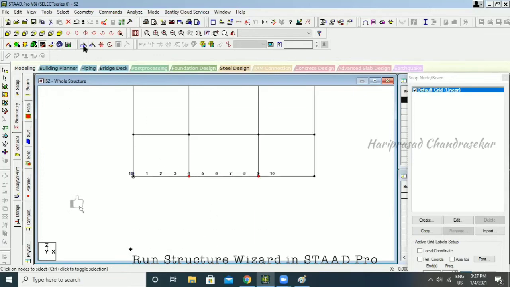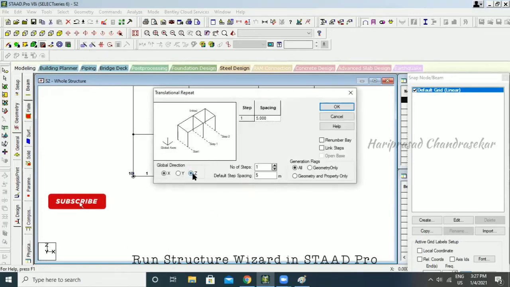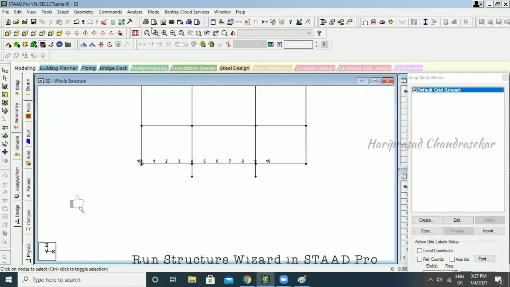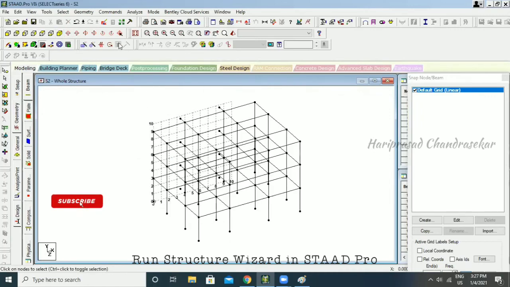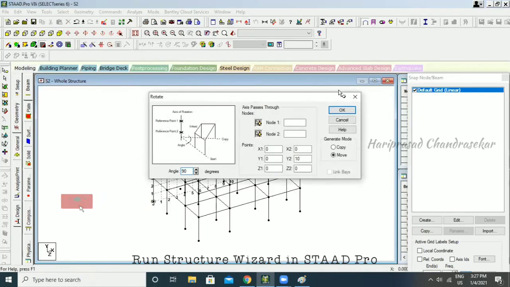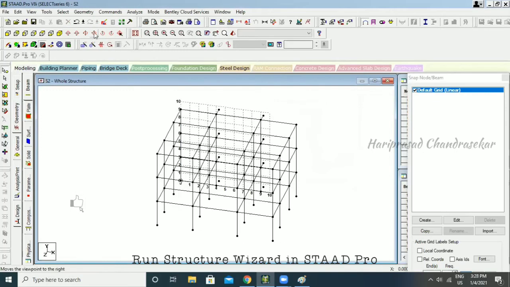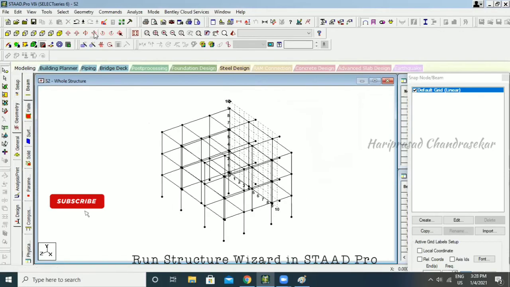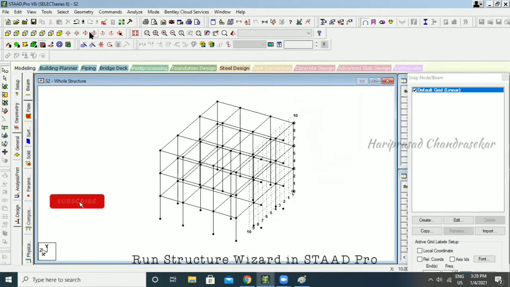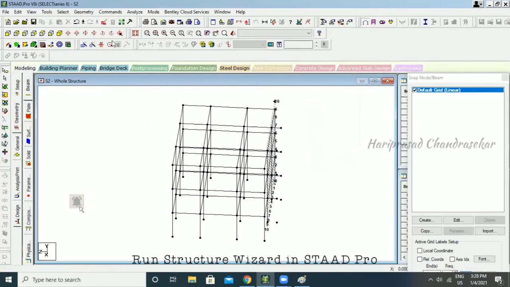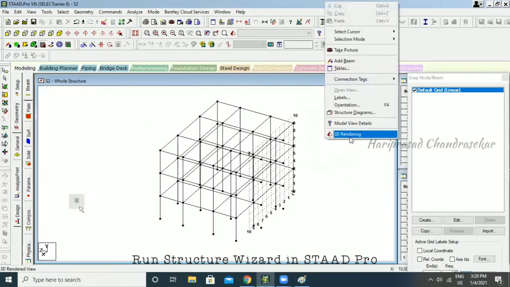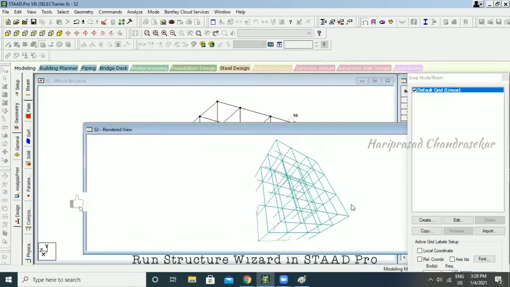And then I'm just going for translational repeat. And then is the direction. Okay, is the direction. How much we need to put? -1. It is going down, like 1 steps, link steps, and then open base. Click OK. Okay, now can you able to see that we have created a generate rotate. No, this one we'll see later. So this rotation, this you can go for rotate right or rotate left, like that. Otherwise, you can go for 3D rendering, where you can able to see clearly.